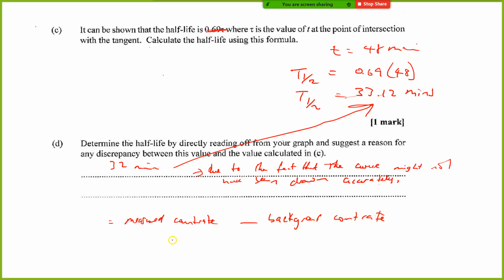So what you would do is, prior to measuring the count rate of the sample,